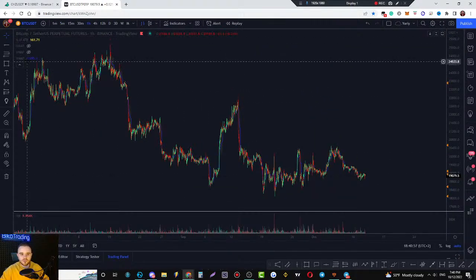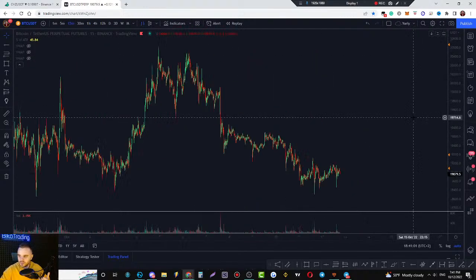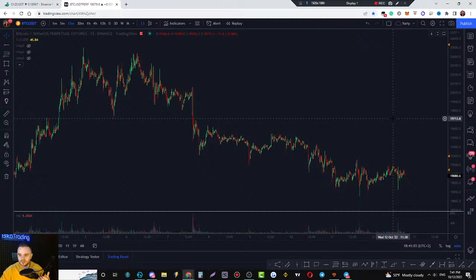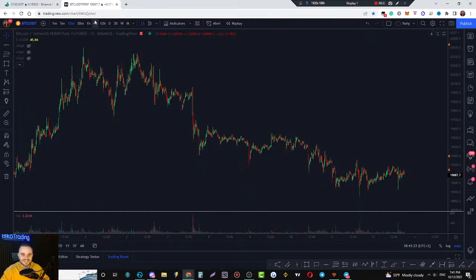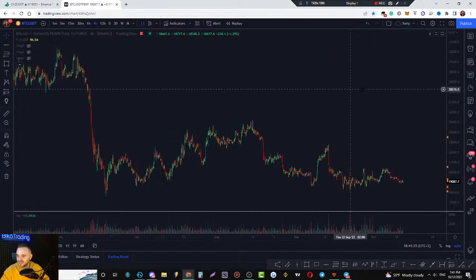At this moment, we have an open trade on BTC, but before I tell you about our open trades, I would like to explain why we took those trades and what could potentially happen. We start with BTC, and after that we go through the list: BTC, ETH, SOL, XRP, Ethereum Classic, and we also take BNB. About other coins, it depends on whether I have the mood or not. If you do a lot of likes on this stream, I'll do more coins.